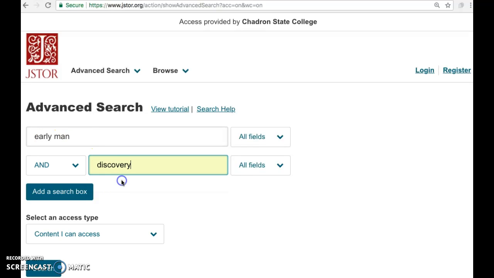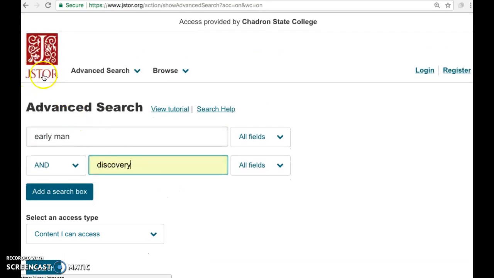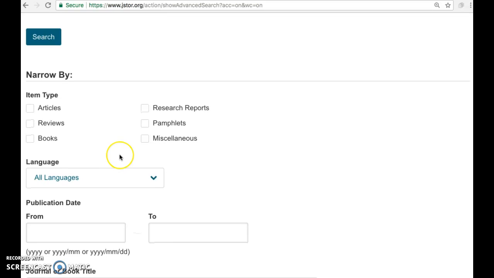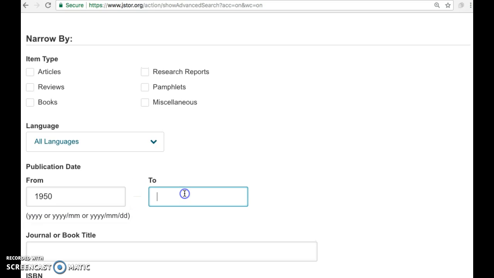discovery. Oh, it's right there. All right, we're going to try that. Then we're going to go down. By the way, JSTOR stands for journal storage. It's a digital journal storage thing. We're just going to click from 1950 to